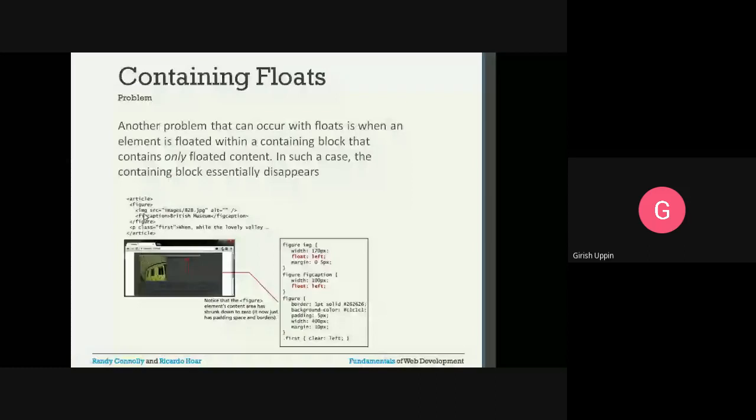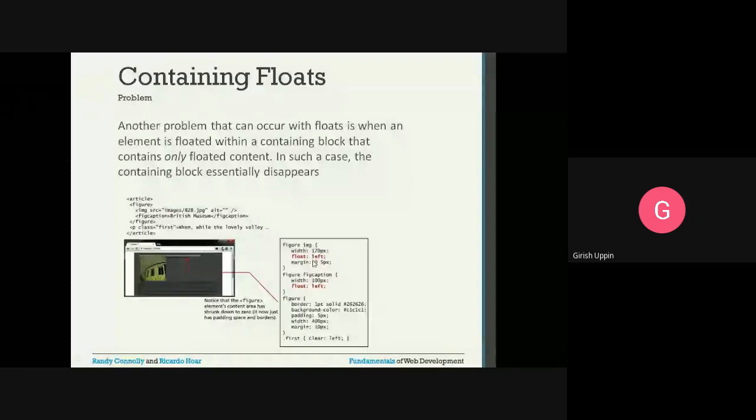Now you can see these are the properties that are set. Figure img, this is the property, float left. Then figure figcaption, width is specified and float left.